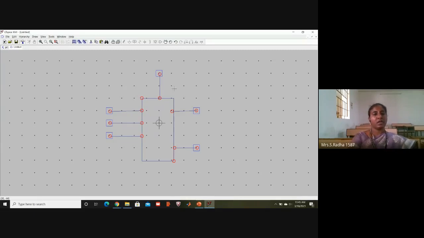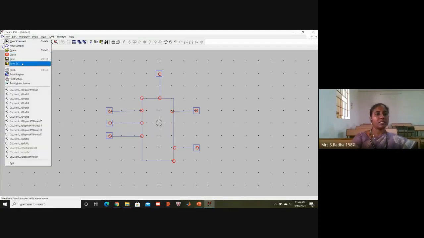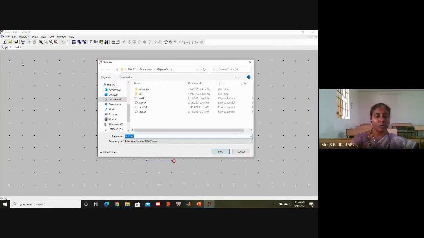This is the symbol. After drawing the symbol, 3 inputs and 2 outputs. First one is Q, second one is Q bar. On the top it is VDD. This is J, clock, K. Okay, same names we have used. Now you have to save this with the same name. Save as small letter JK1. Small letter JK1 is the schematic file name.